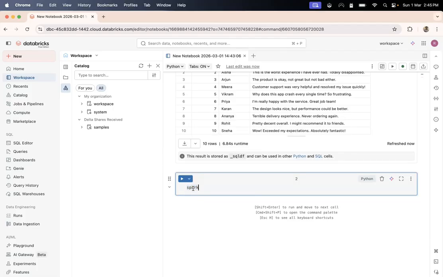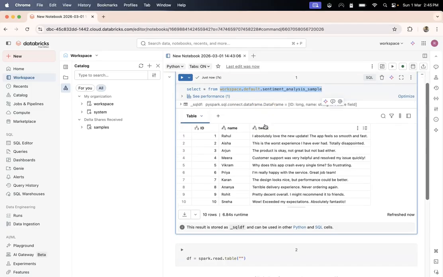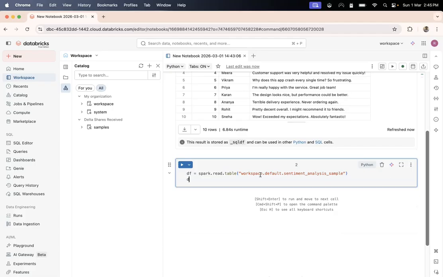Using it, you can create a data frame object by doing something like spark dot read dot table. And here you can provide the whole path, that is workspace dot default dot sentiment analysis sample. To display it, I can call a display method. Again, this display is also readily available in this notebook environment.